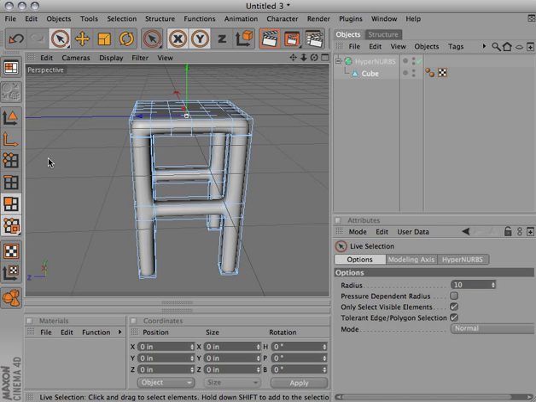Now, edge cut implies that you have to choose edges to make it cut. Well, that's absolutely completely true. So I'm going to go in here, and this is one of those times when I'm going to turn off only select visible elements. I'm turning it off. And that means that as I sweep through all of these,